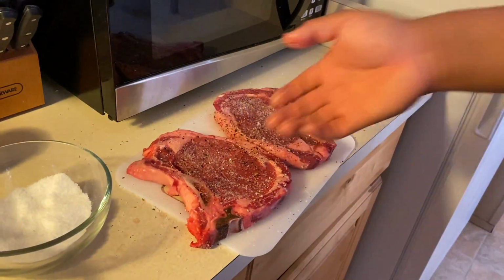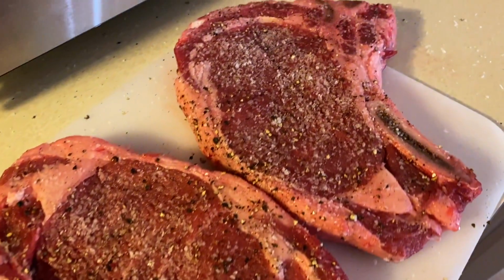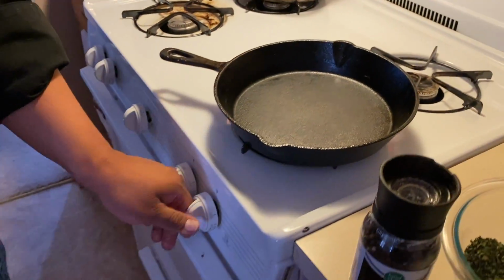Perfect seasoning. Take a good shot of that. Now they're happy. They don't know that they're happy, but they're happy. So the next thing you want to do is you want to get your...